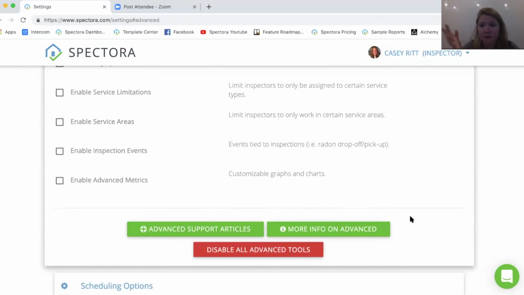And I'm going to be 100% honest, hand to God, we haven't made decisions about pricing yet, whether or not it's going to be per report or an extra flat fee. And we would absolutely love your guys' feedback about that. There's a huge investment on our end and a huge amount of overhead cost that comes with these Spectora Advanced features. And so I really liked the way that Mike put it, where you guys